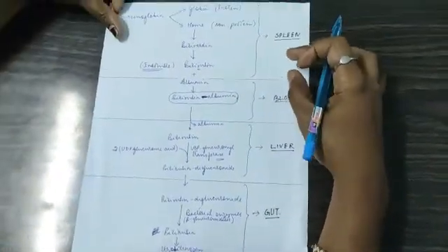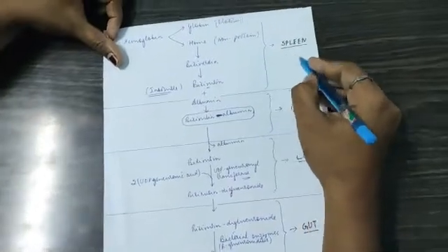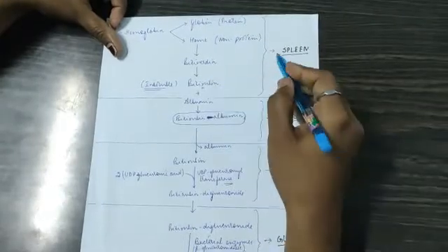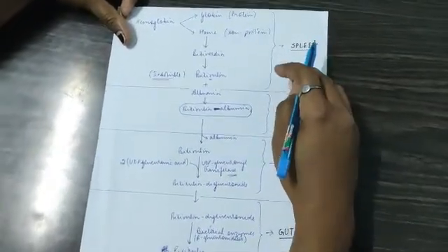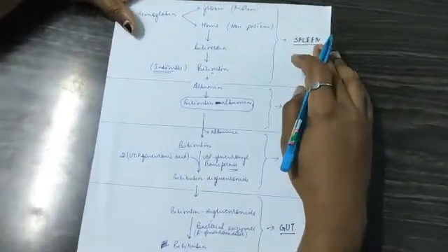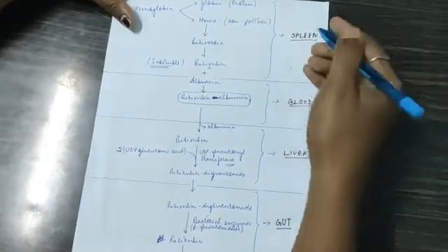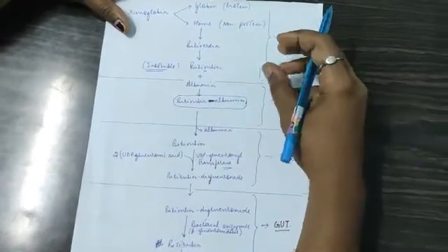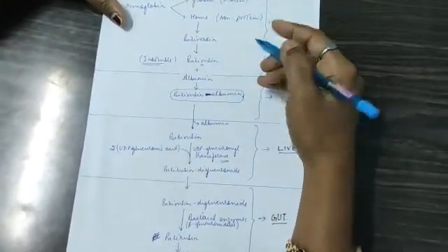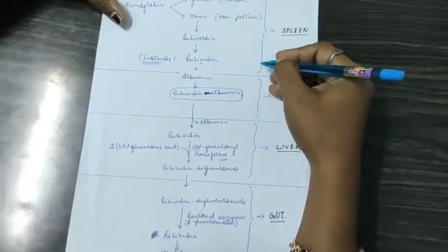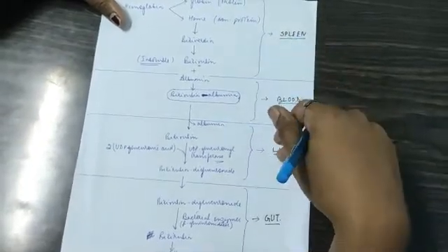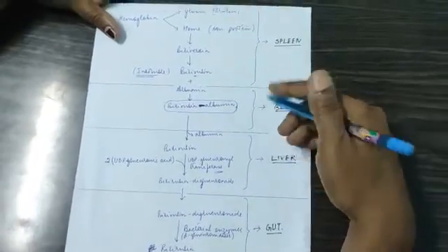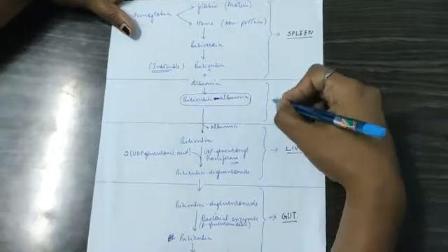So coming to the causes, if any defect is there before the liver, that is before the bilirubin comes into the liver, if any defect is occurring in the spleen, then it may give rise to jaundice, which is prehepatic jaundice. Such causes may be any defect in the red cell membrane, because if the red cells are lysed more, then we get more bilirubin. If we get more bilirubin, then when that bilirubin comes to the liver, the liver has a maximum capacity to conjugate. The extra amount of bilirubin will not be conjugated, and that will be remaining in the blood only.